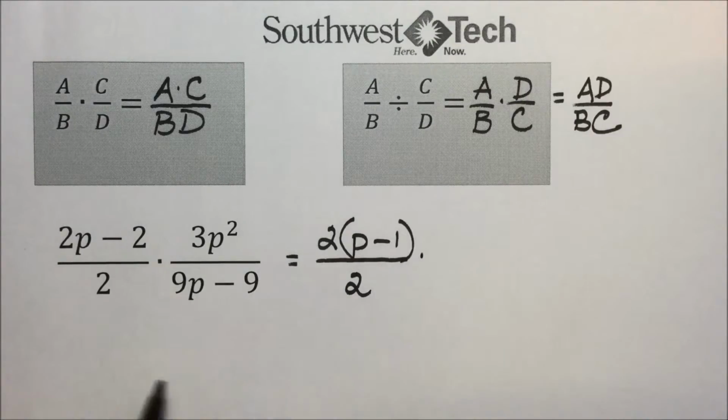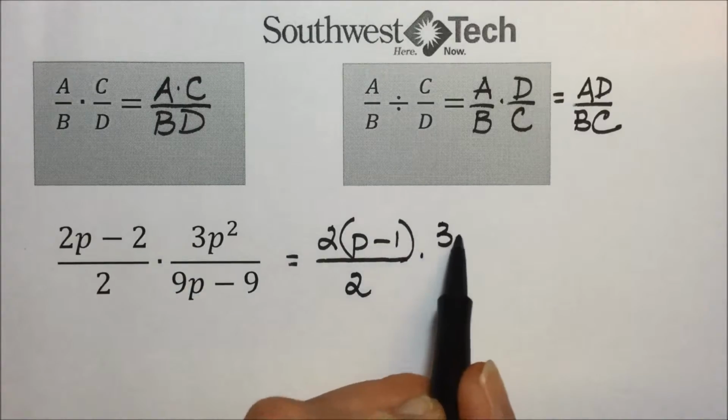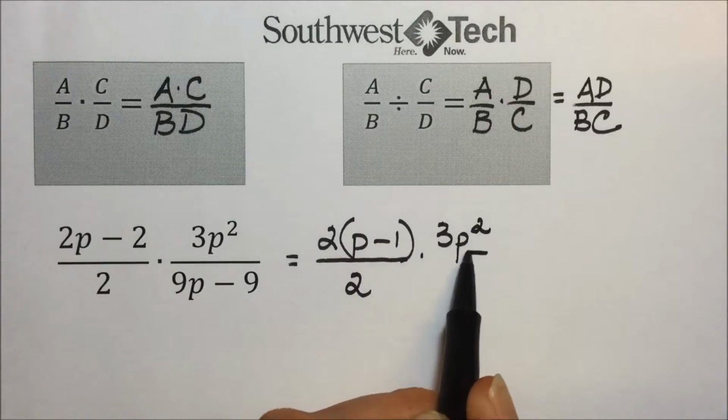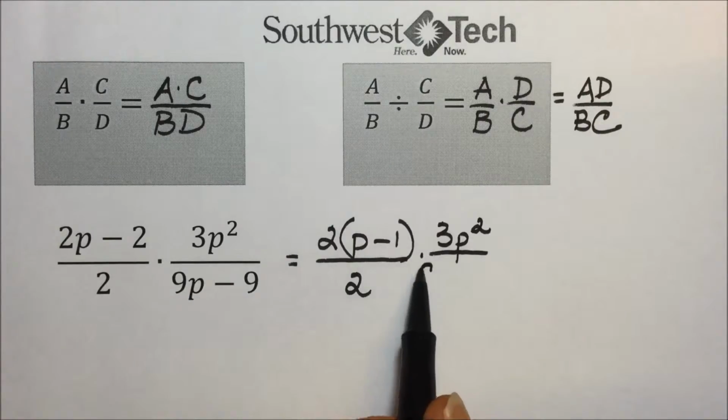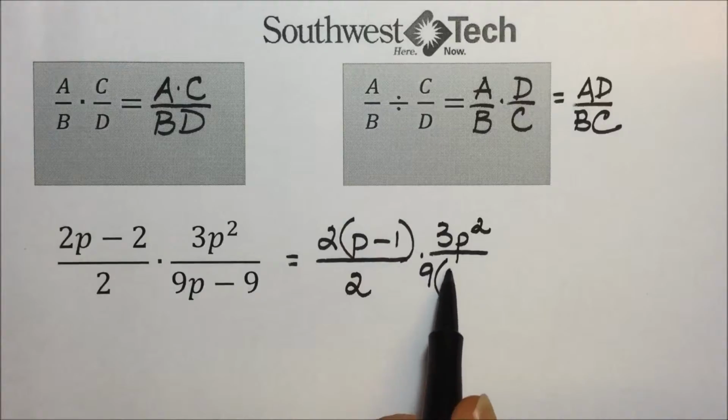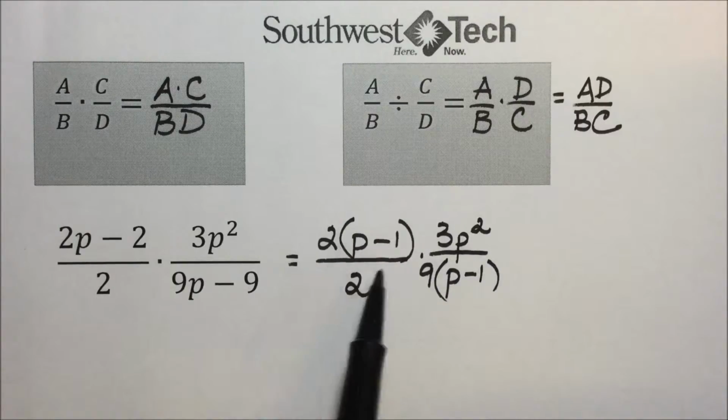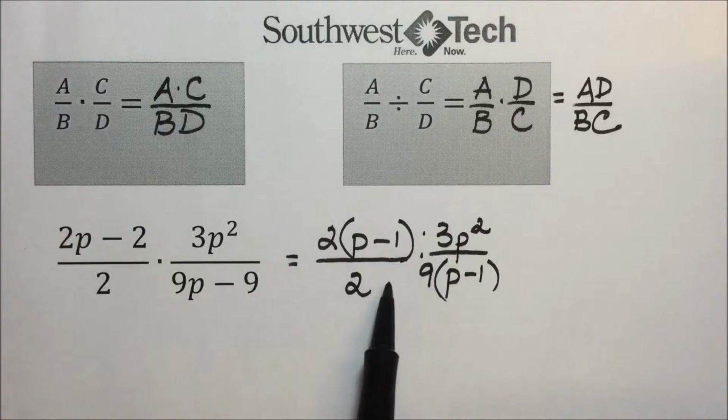of 2. The second rational expression has a 3p to the second power. There's nothing we can do there. But in the denominator, we do have a common factor of 9, which we will factor out, leaving a p minus 1. So now we're ready to multiply our numerators together, multiply our denominators together, as is the procedure for multiplying rational expressions together. And we'll look in the numerator and the denominator for common factors that are equivalent to